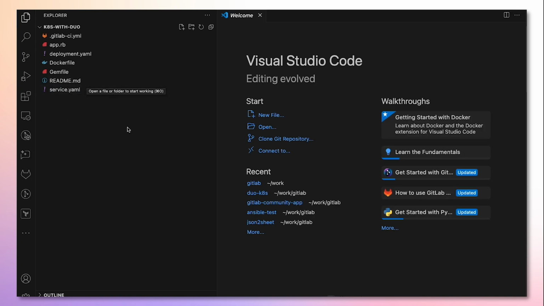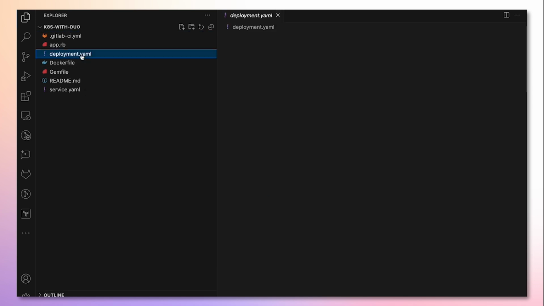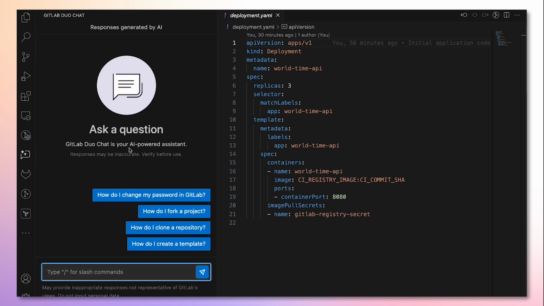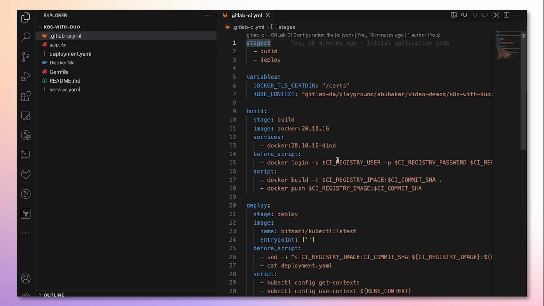Awesome. So what we'll be doing in this video basically is to convert the deployment we currently have using Kubernetes. We have this deployment file that deploys the application and uses the secret. Now instead we'll be doing it with Helm and not Kubernetes directly, since Helm makes it easier to package and deploy, and to template or create charts that help us manage our Kubernetes deployments better. So we'll switch to Duo Chat in Visual Studio Code,